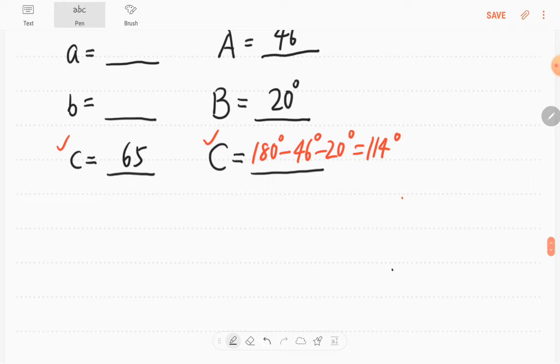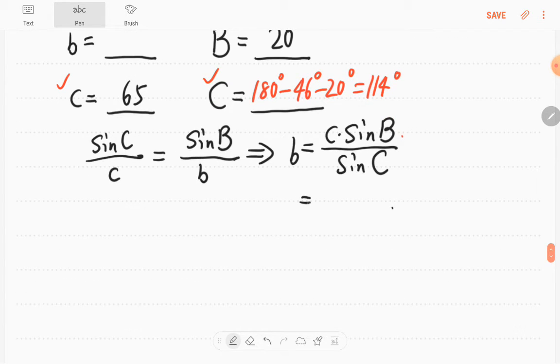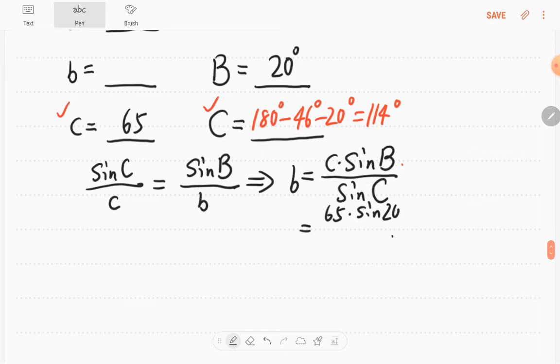So we can use sine C over side C is equal to sine B over side B, right? So this tells you that B is equal to what? Sine B times side C over sine C, okay? And side C we know, which is equal to 65 times sine B. Sine B equals what? Equals 20 degrees over sine C. C is equal to